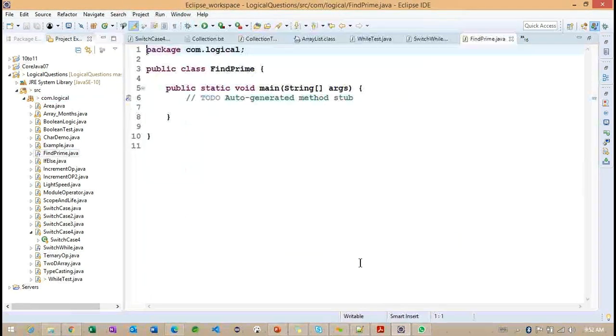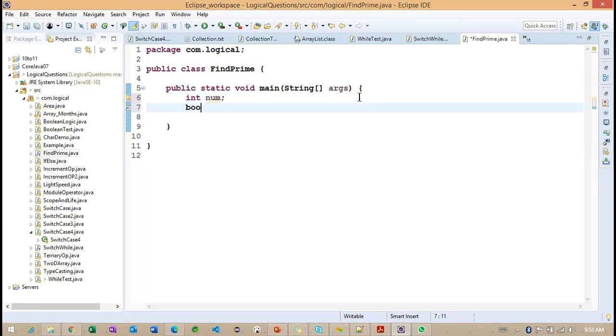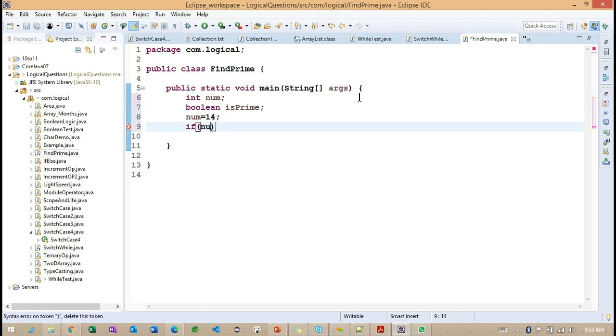So now observe it. I have the number, boolean isPrime. So number is equal to 14. If this number is less than 2, what am I doing here?